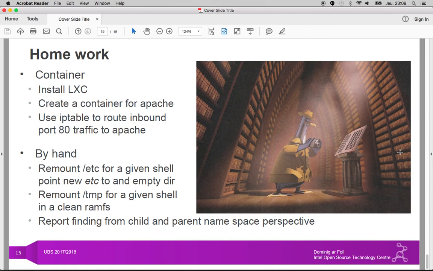Then by hand, I would like you to find a way to remount, for a given shell, a new mount point for /etc, which would be an empty directory, in such a way that de facto /etc becomes a fake version, so if any changes are done in it, it doesn't matter. We can do this type of thing with OverlayFS as well, which is something you may want to look at for your curiosity,